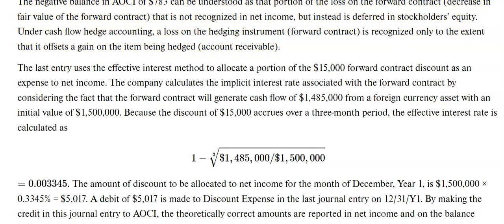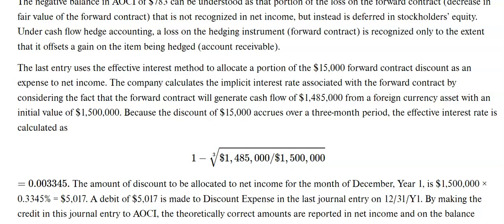The last entry uses the effective interest method to allocate a portion of the $15,000 forward contract discount as an expense to net income. The company calculates the implicit interest rate associated with the forward contract by considering the fact that the forward contract will generate cash flow of $1,485,000 from a foreign currency asset with an initial value of $1,500,000. Because the discount of $15,000 accrues over a 3-month period, the effective interest rate is calculated as the amount of discount to be allocated to net income for the month of December, year 1, is